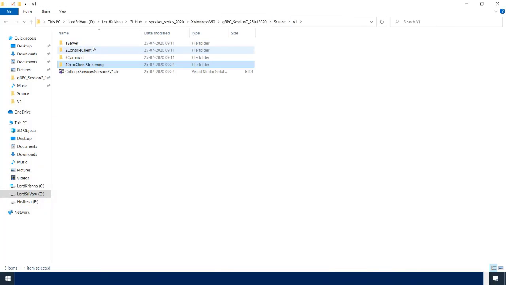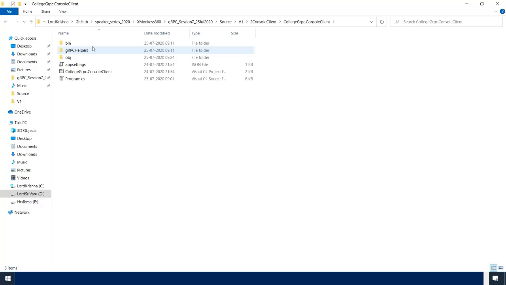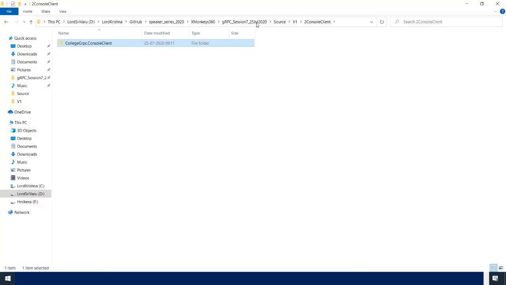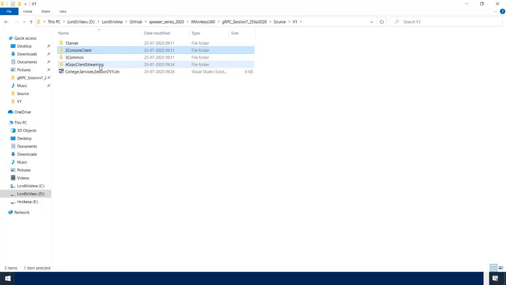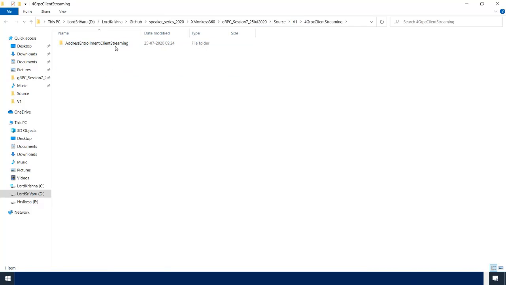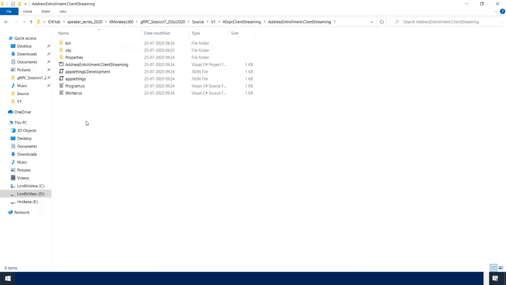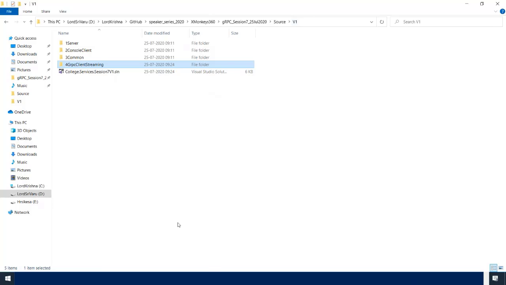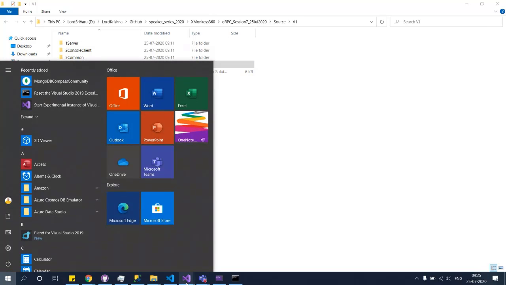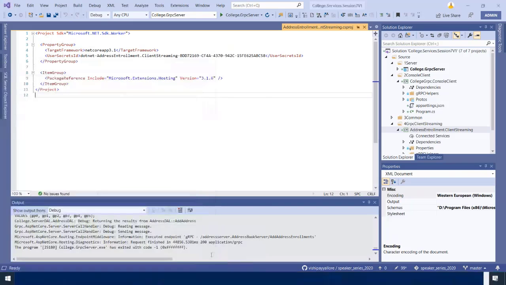Let me get these gRPC helpers and drop them inside that. Oh, we need to add the proto, that's pending. It might give us some squigglies, but that should be fine. We'll get over those.